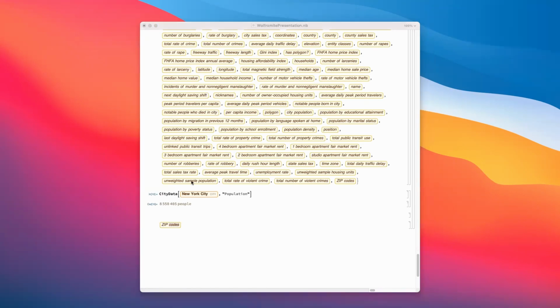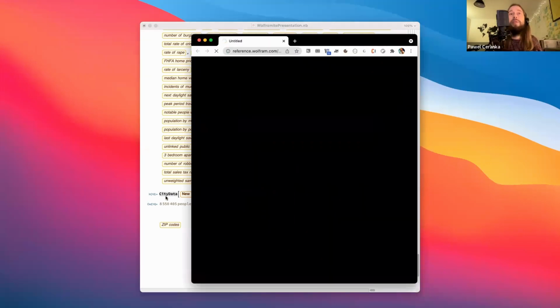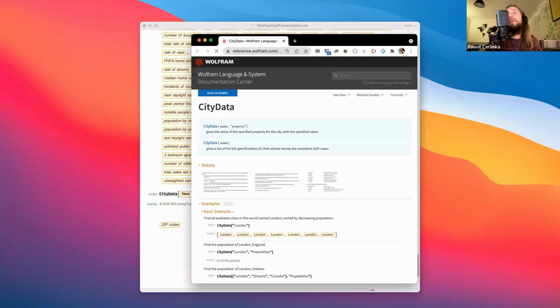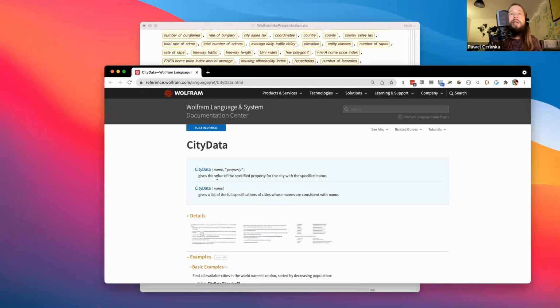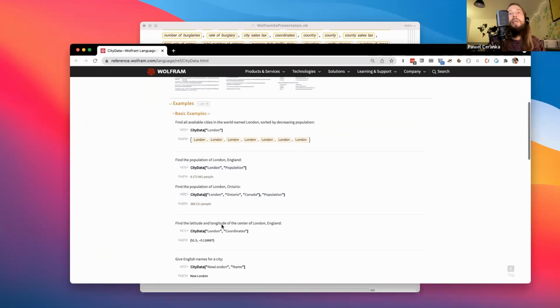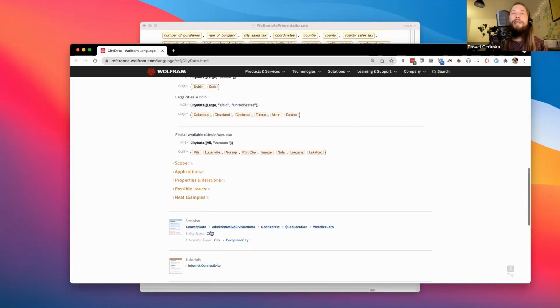Sorry, it's coming back. And you can click on stuff here on functions, and then go to the documentation and see, okay, city data, that's already giving us some information. So maybe now I can go from this. Okay, city data for Ohio. I have a bunch of big cities in the state of Ohio. Maybe I can work this kind of stuff from here. I have some pointers, and this would be kind of interesting.